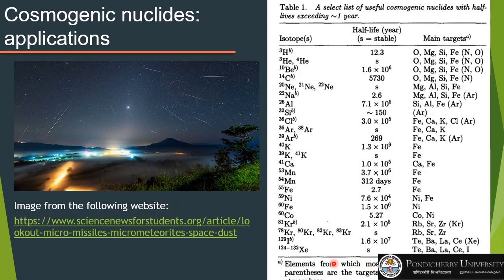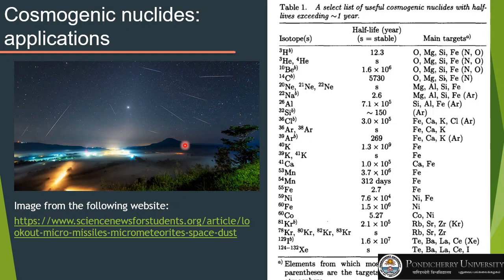And you would find that they can constrain the exposure ages of meteorites better by clubbing the production of the stable nuclide with the radionuclide. So that will cancel out a lot of parameters which could vary. So in that way, you had a better constraint of exposure ages of meteorites. So there are many applications on different aspects of the surface samples, and also the meteorites, which are being carried out by cosmogenic nuclides. So I just provided you some conceptual framework of such applications.